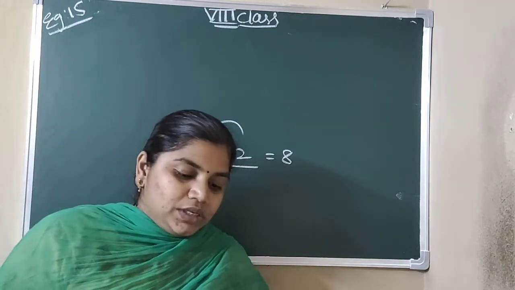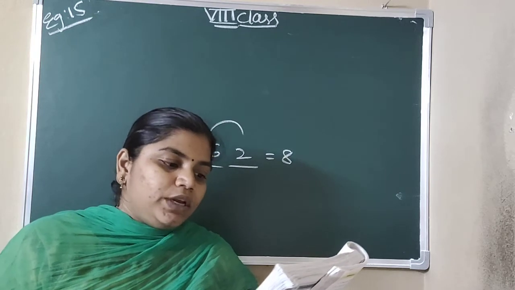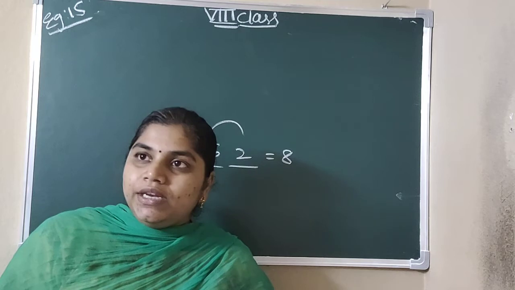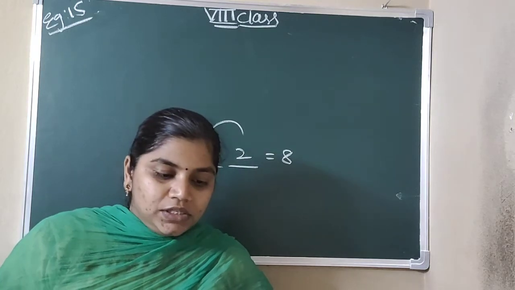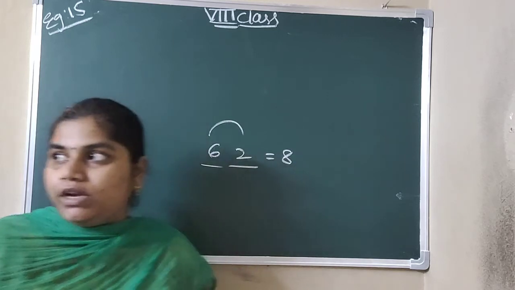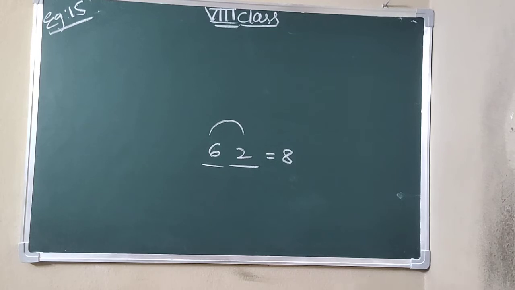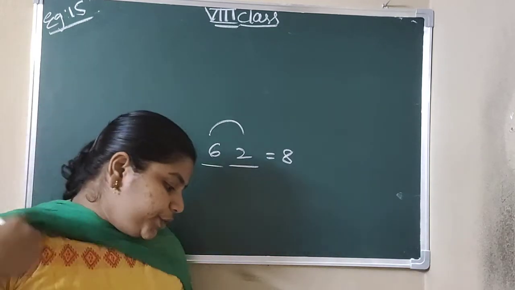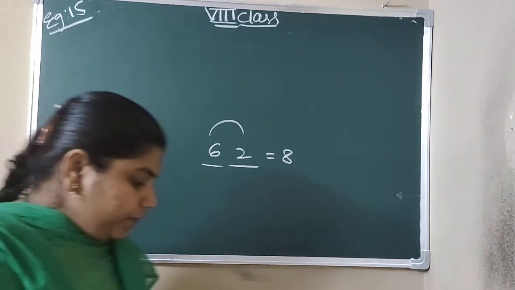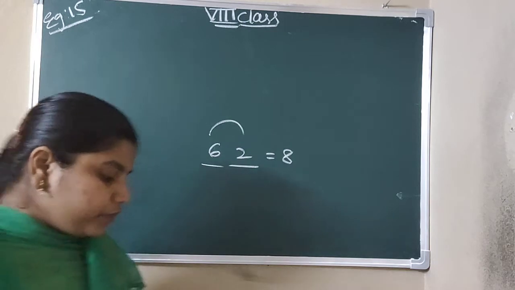If in a two digit number the sum of two digits is 8, and if 18 is added to the number, its digits are reversed. So what do we have to find? We have to find the number here. So what is the question? In a two digit number the sum of two digits is 8. If 18 is added to the number, its digits will be reversed. So we have to find the number.